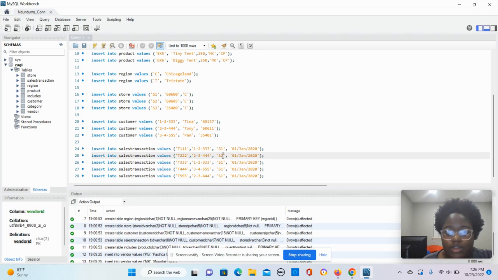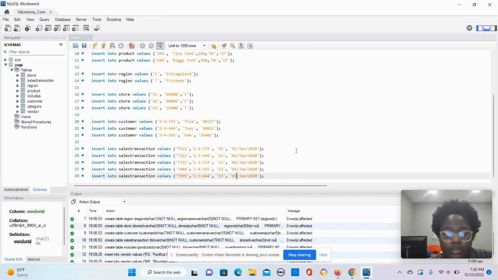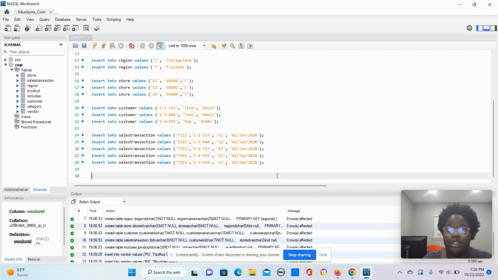This transaction was at store 2. Following, we're at store 3. And first 2 dates were January 2nd, 1st, and then these 3 are January 2nd. The last one is going to be